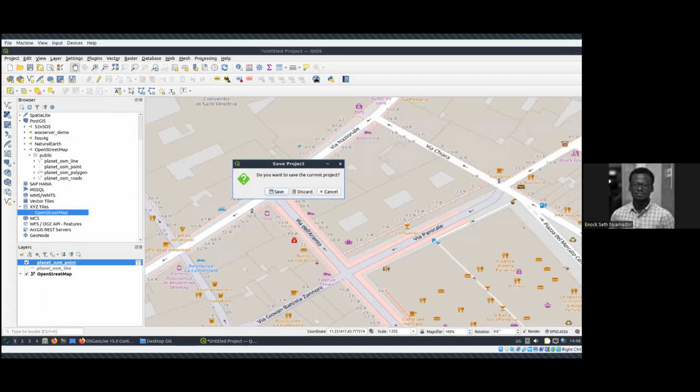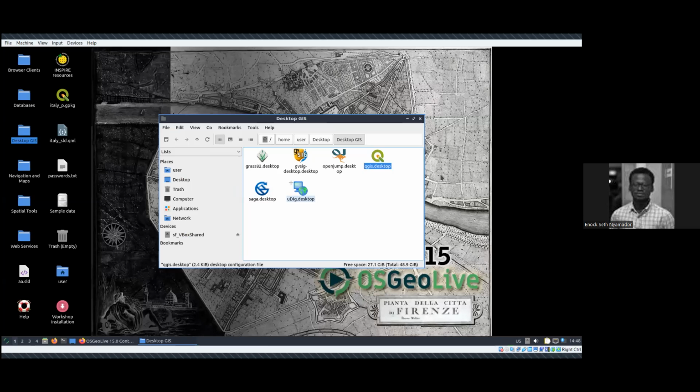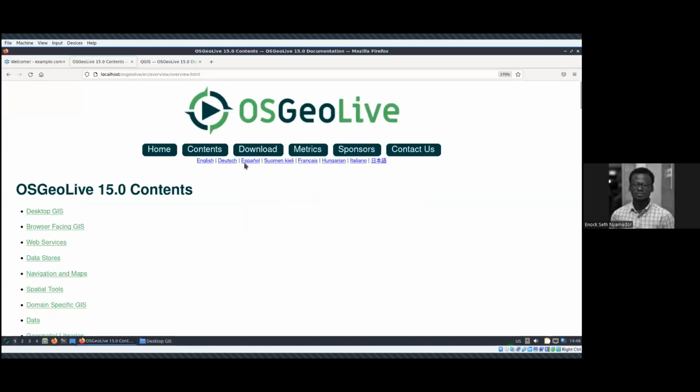And one last thing, you can see the languages here. This is done not only by the project team, but anybody. Maybe you are going through this, or you are trying to use OSGeo Live and you see it is not in your language, or there is an issue, there is a typo. You can fix it or report it, and it's fixed.